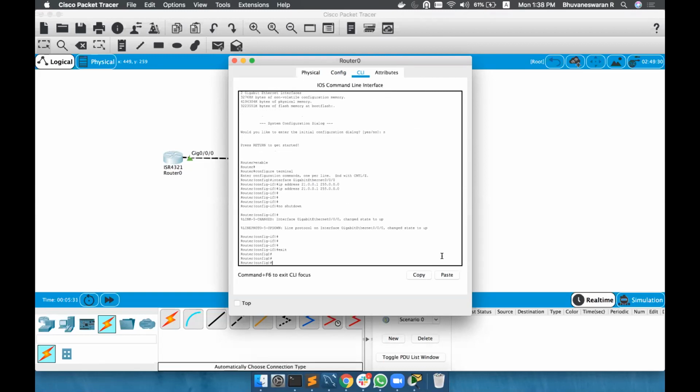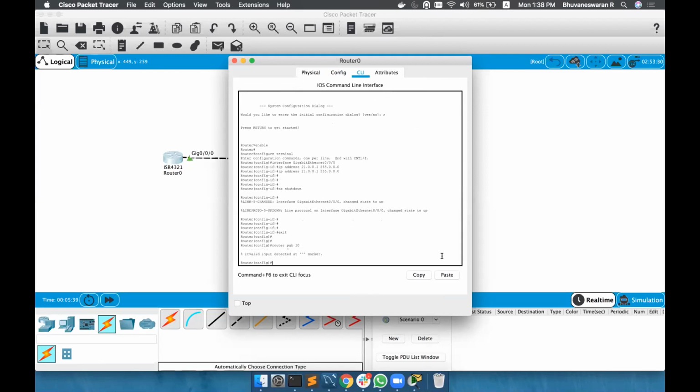Router BGP 10. BGP, B for Border, B for Bangladesh.